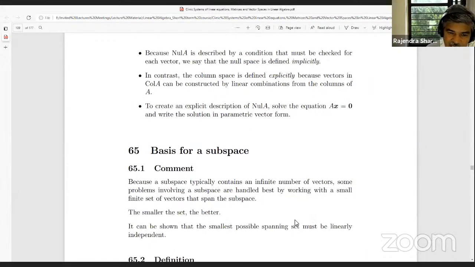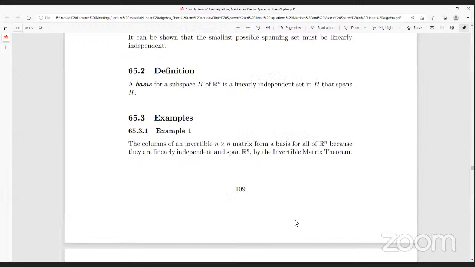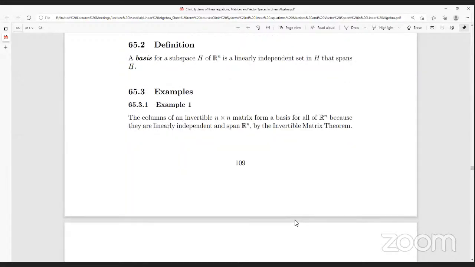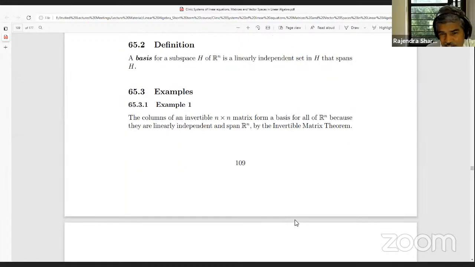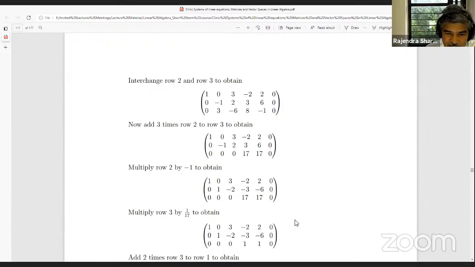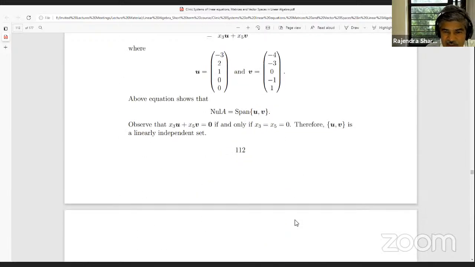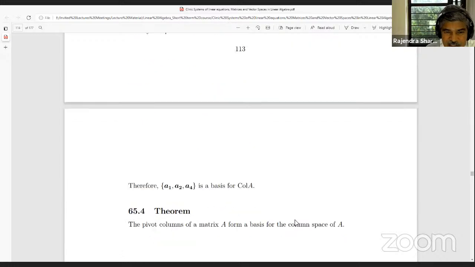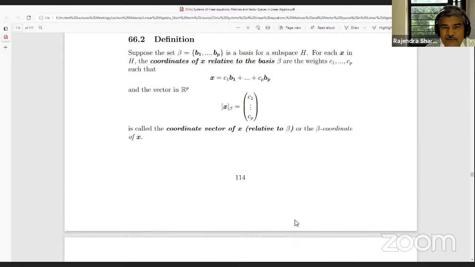It is to be understood that the operations addition, multiplication, and scalar multiplication are determined from the context from where the elements are coming. And finally, one more property: since F is a field, 1 is always there. So 1 V is an element of V, so which element should it be? It should be V. This is the last property it should have. So V is called, in that case, a vector space over the field F.